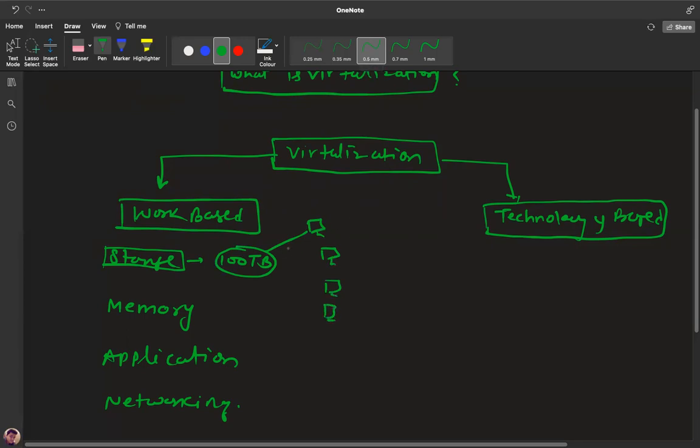Like 10 TB to machine 1, 5 TB to machine 2, 10 TB to machine 3, like that. You have to share the space with multiple computers. So only virtualization can help you. We don't have any other option. Only and only virtualization can help you divide your storage into multiple parts. Is it correct? Yes, correct.